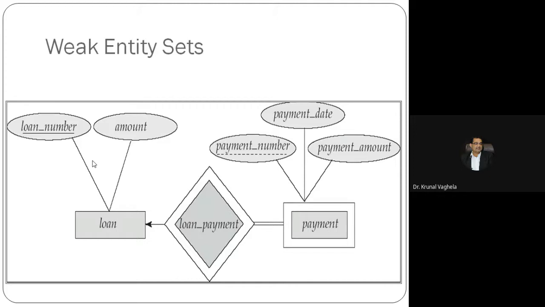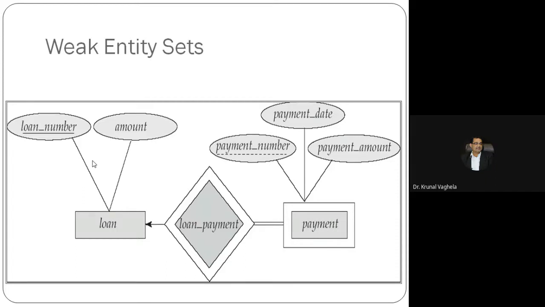You told it reverse. Every payment should have at least one loan. Is there any installment without a loan? I have not taken any loan, but I will do repayment. Is it possible? Every payment should be associated with at least one loan. All the payments are associated with at least one loan. Is there any payment without a loan? That's why total. Now explain this.